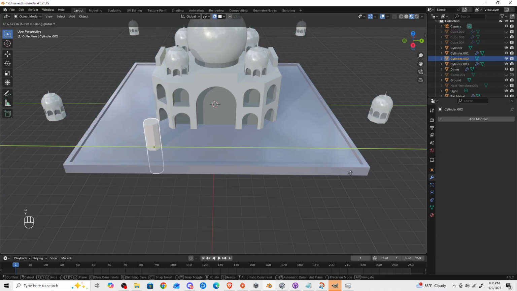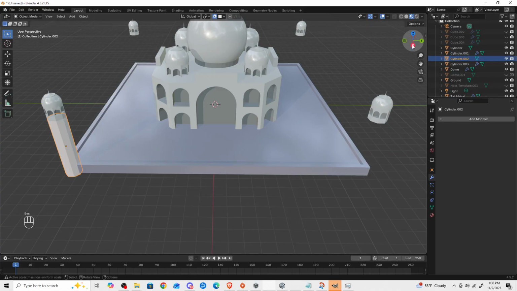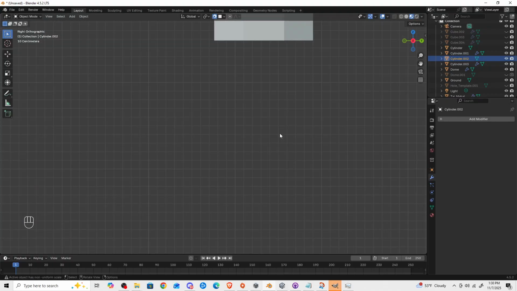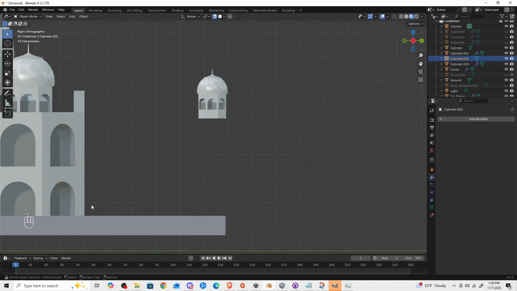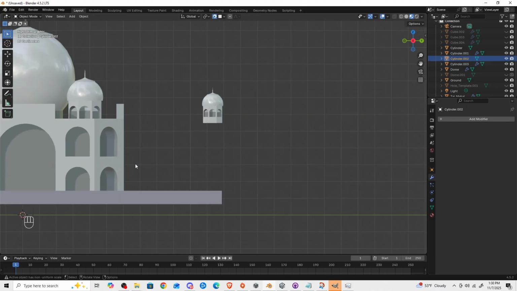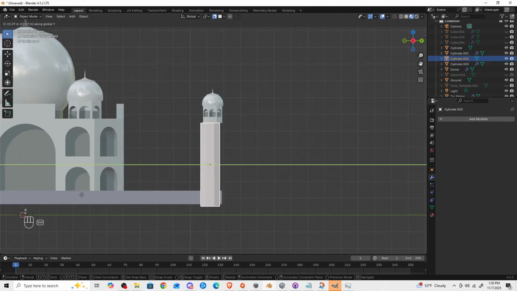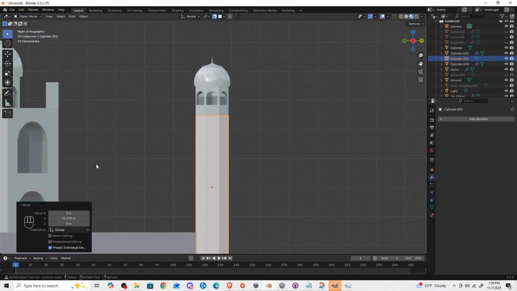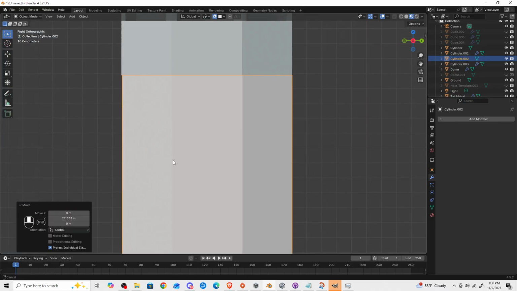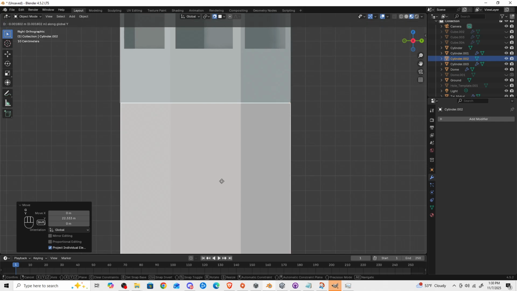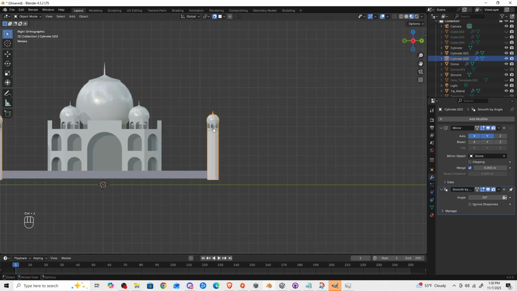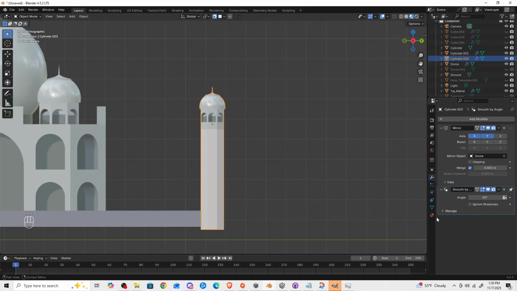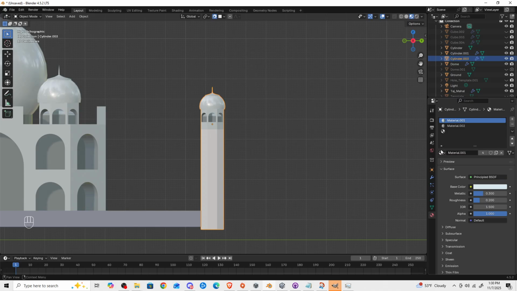Y. Let's look from this side so we can be sure once we get here that it's all lined up. G, was it Y? No, it is Y. G, Y, control. Okay, here we go. Okay, now that we have this, we can join these two. All right. Let's make sure the entire color is